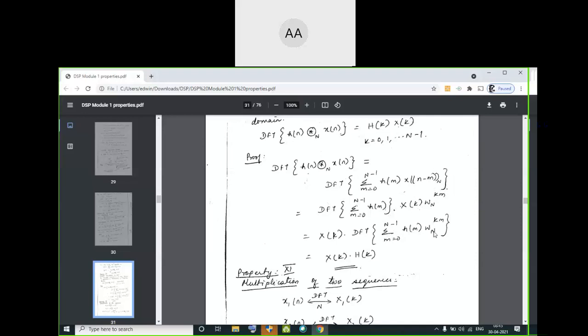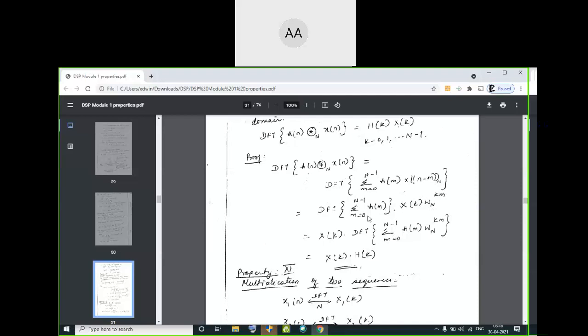Take the DFT of this inside. What is this? This is nothing but h of n Wn to the power of m into k, 0 to n minus 1. This is nothing but your h of k. So in three or four steps you got this derivation. The only thing is here your time shift n minus m is nothing but Wn to the power of m into k. Okay. So always remember,